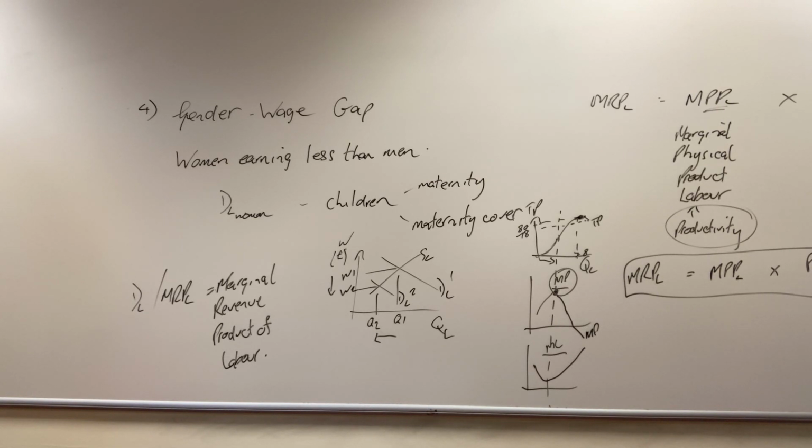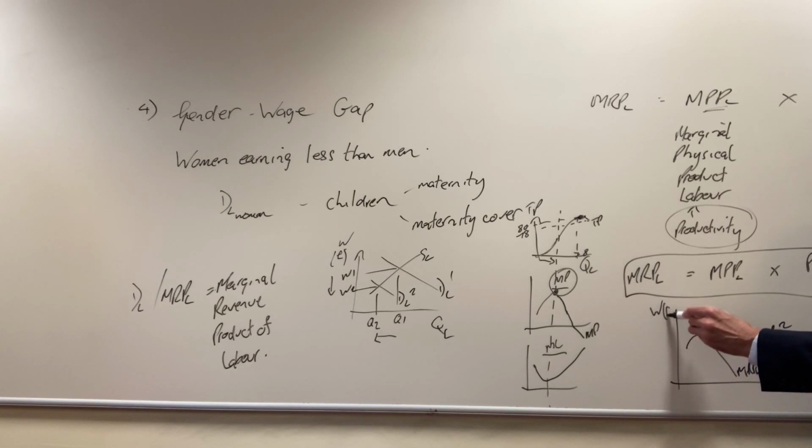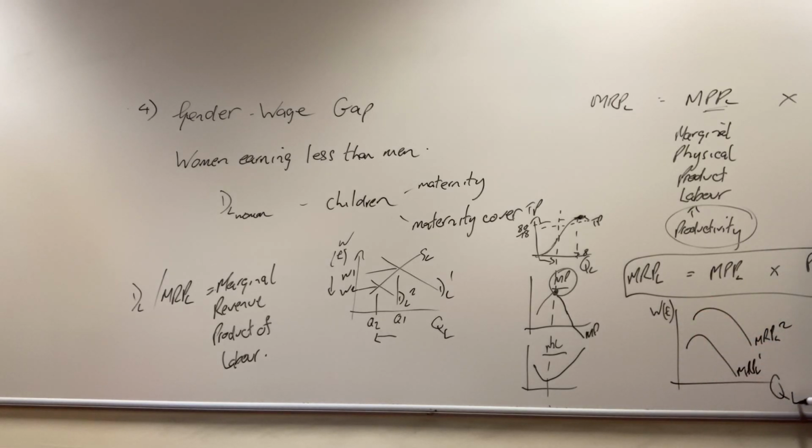So on the basis of this, what would cause the MRP curve of labour to shift to the right? So what would cause MRPL1 to go to MRPL2? Right. So a change in either of